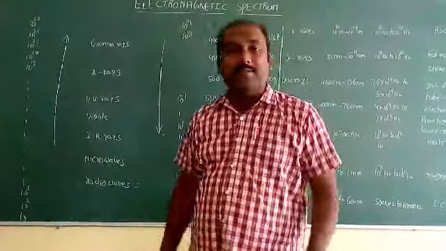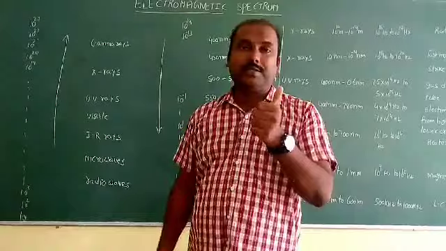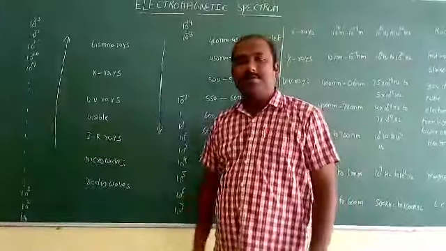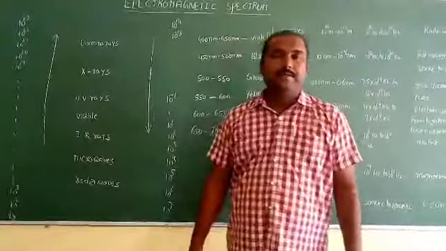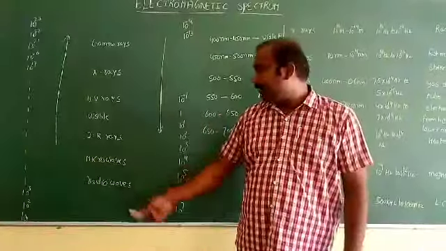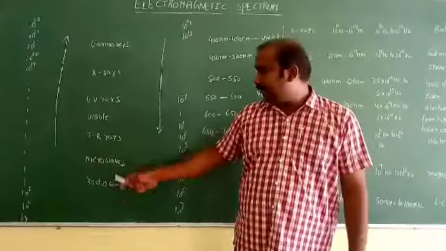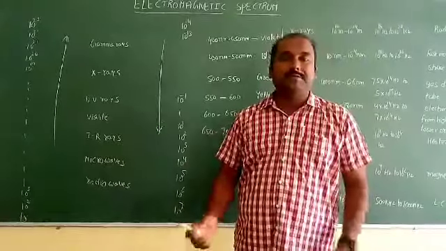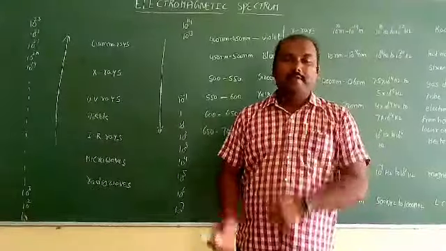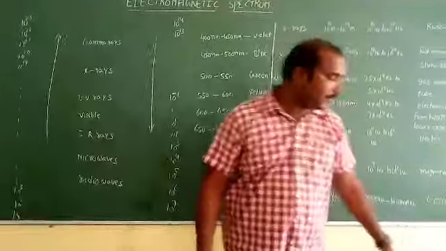And infrared rays are useful in remote controls. The remote also uses IR rays only, infrared rays. And microwaves, where are we using the microwaves? The microwaves are used in microwave ovens and for navigation. And lastly, radio waves, where are we using the radio waves? The radio waves are used in TV and television communication.